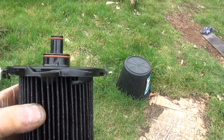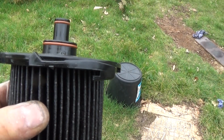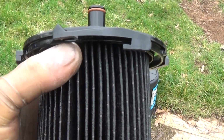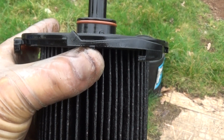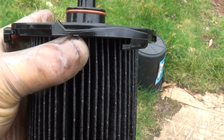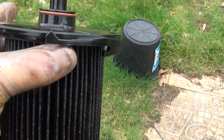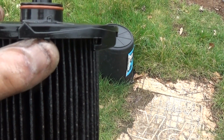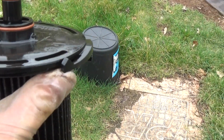Where are we? Now, when you take this off, only one of them has it. It's like a little tiny hook there by my thumb. Don't know if you can see that. It's coming out, but there's a little tiny hooked bit which clicks down, which stops this from turning. When you take this old one out, you want to twist it that way, and it stops it turning. So you just lift that up, so that little hook's out of the way, and then it'll move and it'll